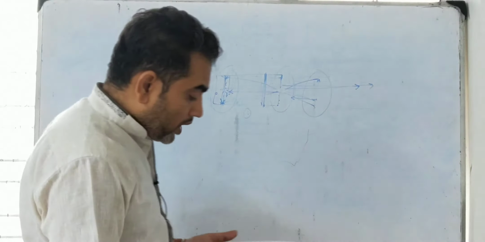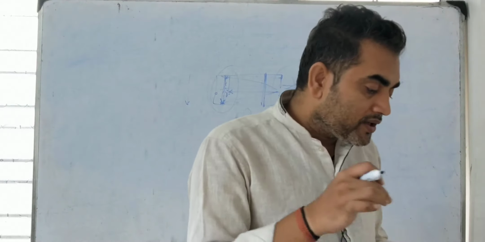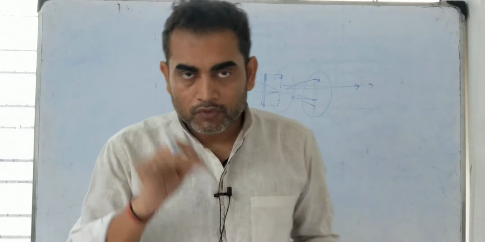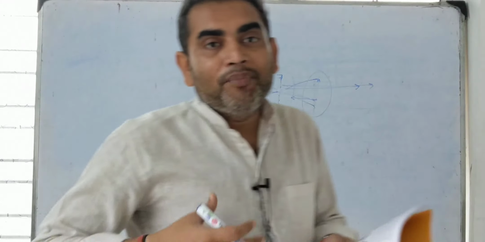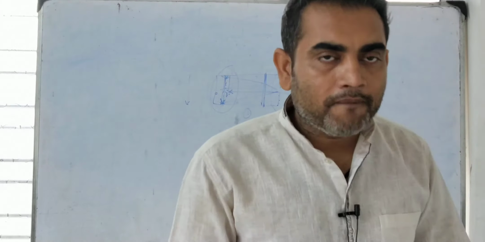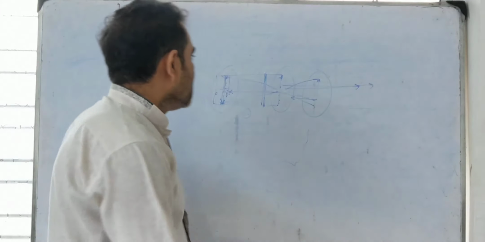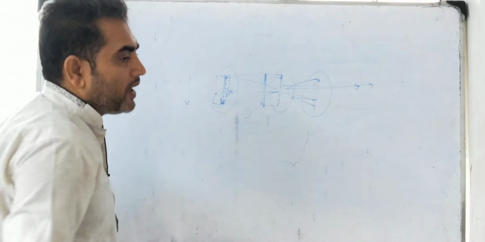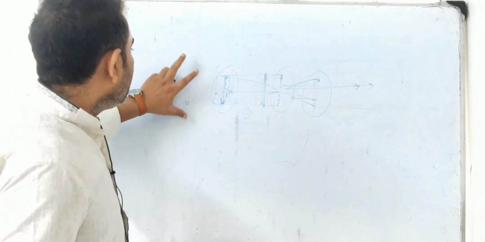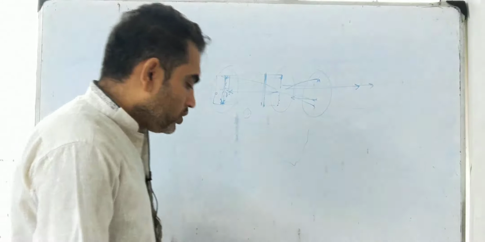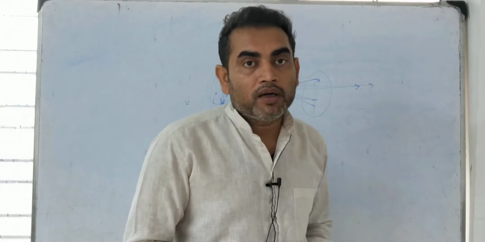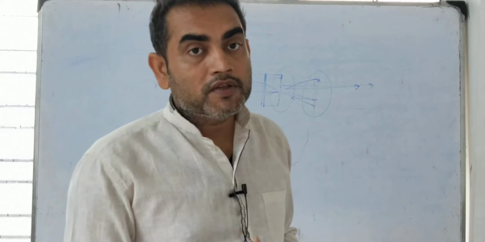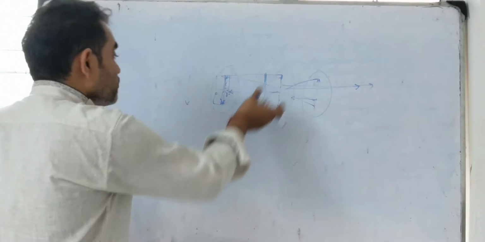So in your book, it is a real image and it is formed on the screen. Obviously that is written here. So real image, obviously we got that. And any real image, if it is real, will be inverted. That is also guaranteed. So the real and the inverted, and the factors affecting the size of the image formed, we have discussed here.